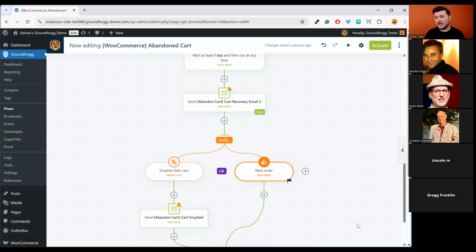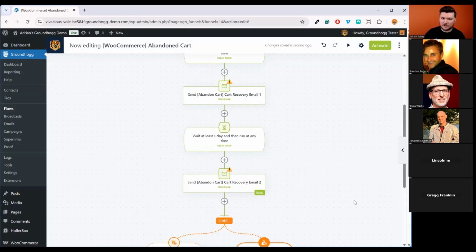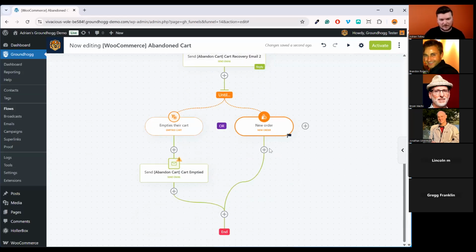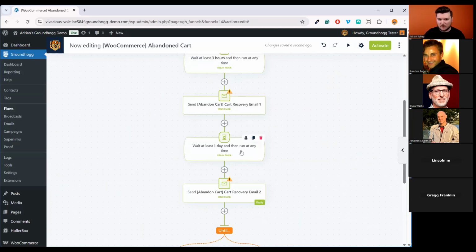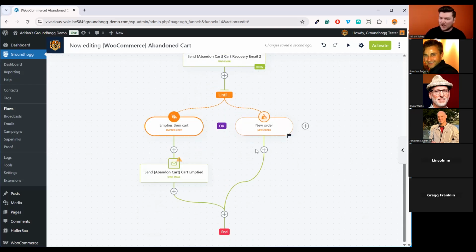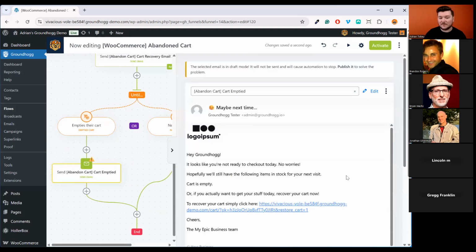And if you do that split test thing that I mentioned, it also uses the flow conversion rate to inform the performance of whatever branch of the split test that you wanted to test. And we also have whenever they empty their cart. So if we did all this and then they click the recovery cart link, and then rather than checking out, they empty their cart, boohoo, we lost that. That's okay. It happens. We're also going to stop prompting them, and we can send them a different email here,